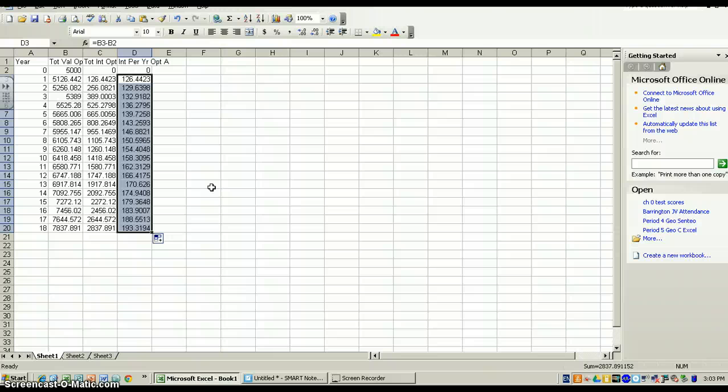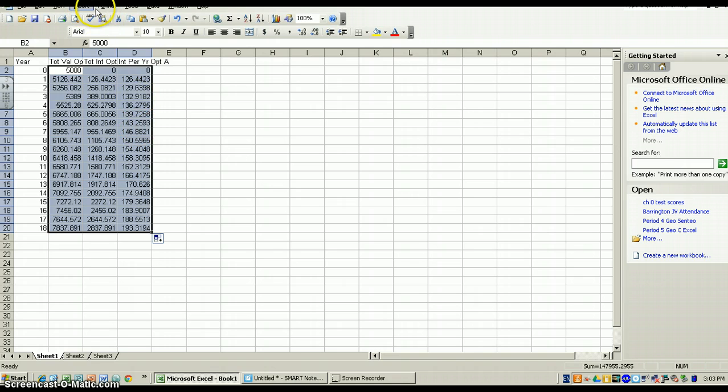And I can see specifics. I can see what happened in year 13. I can see what happened in year 8. Okay, but right now it kind of looks unclear. And the reason being is because these numbers don't really resemble currency. So what I want to do is I want to highlight all the values that resemble dollars, and I'm going